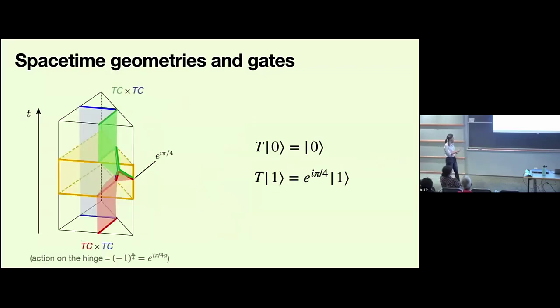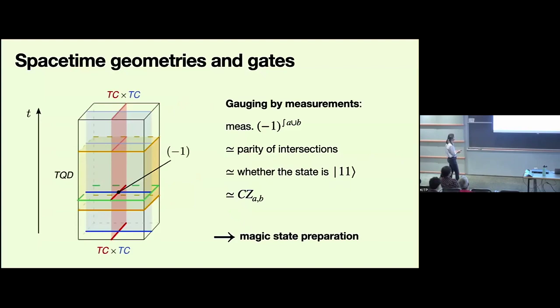And here it's actually the way the bulk action behaves at a boundary and a hinge that leads to a non-trivial phase on a single qubit. So that's also quite interesting. And then finally, this one is slightly different, because here the boundary conditions are such that once we implement this domain wall between two toric codes and the twisted quantum double by a circuit, the circuit actually performs gauging from two copies of the toric code to the twisted quantum double. But this gauging occurs by measurements, and there is a global measurement of the symmetry that we are trying to gauge here.